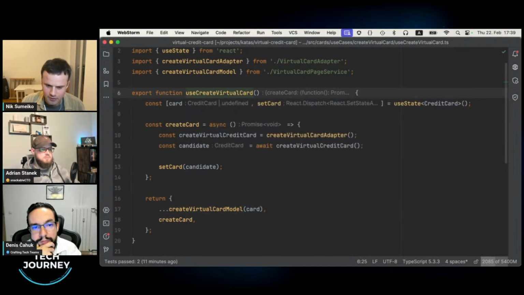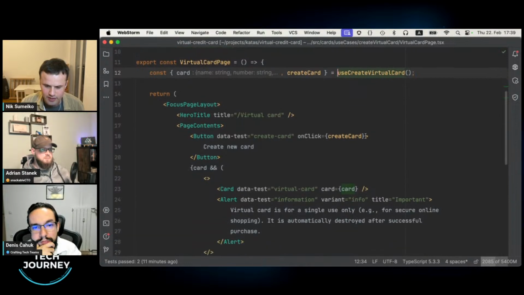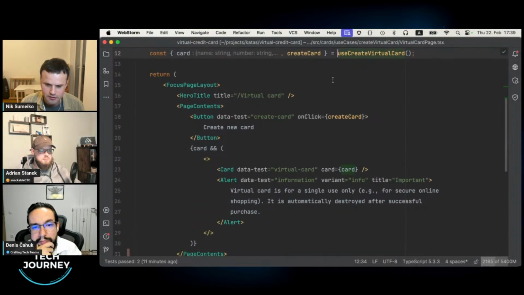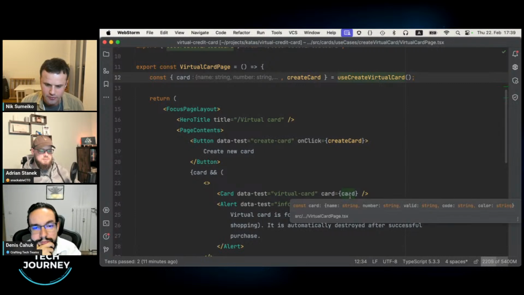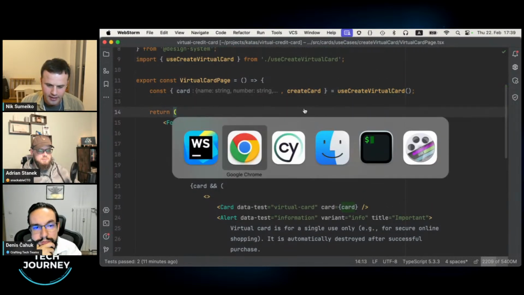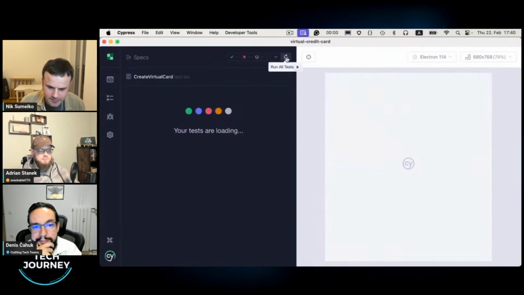And if we are going back to our views functional layer, there are no more TypeScript problems because the interfaces now match here. We reformatted them. Back to the test.